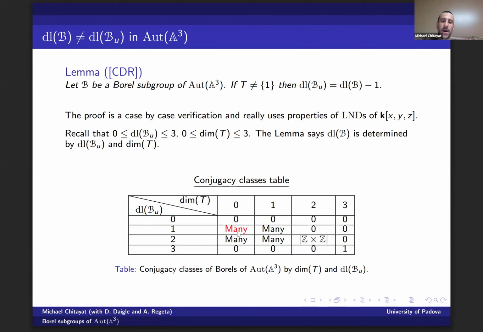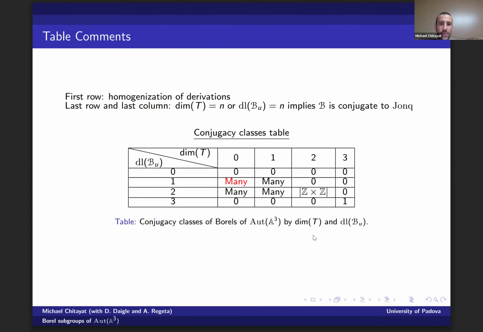And I will explain what I mean by many later, but I just want to give some first remarks about this table. So first, the first row of the table is essentially due to the fact that homogenization of locally nilpotent derivations exists and gives you a locally nilpotent derivation. And the point here is that